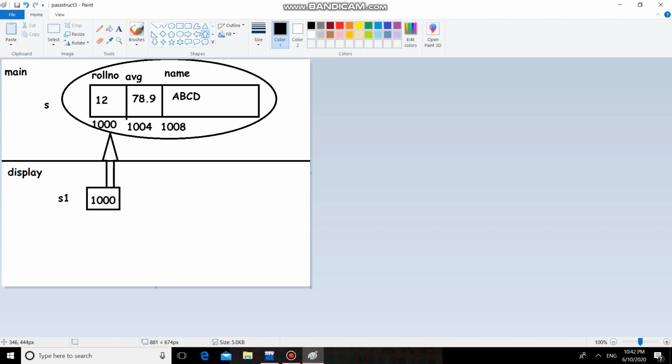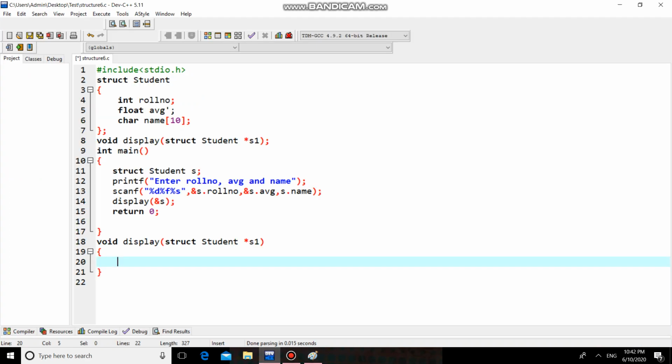Whenever we are accessing the value of a member with the help of a structure pointer, you can access those values with the help of the arrow operator. Suppose s1 arrow roll number gives roll number, s1 arrow avg gives avg, and s1 arrow name gives name.